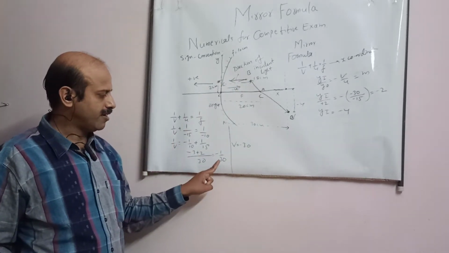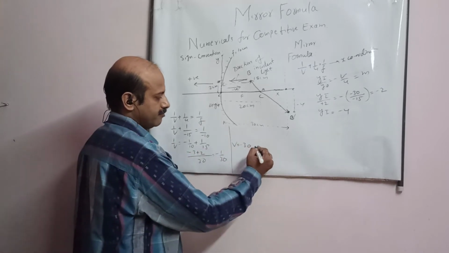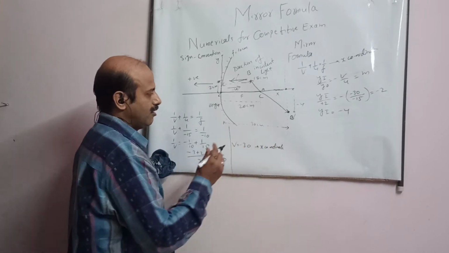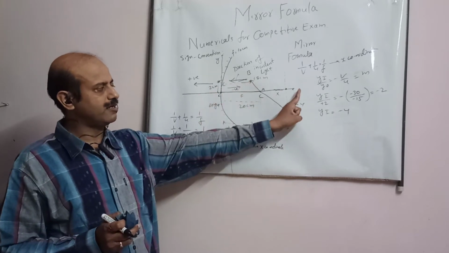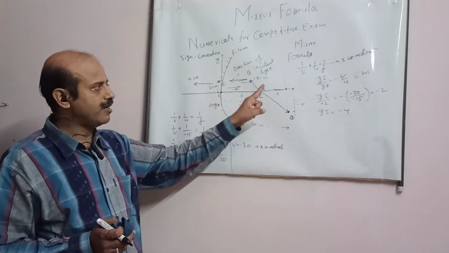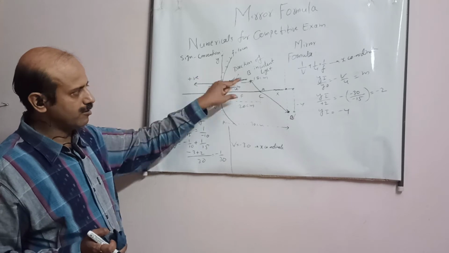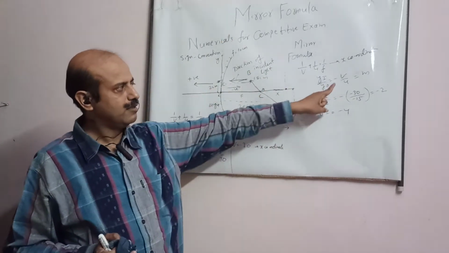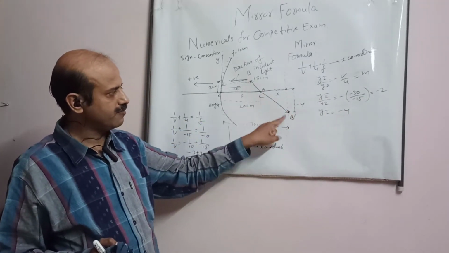I calculated V, minus 30. This is the x coordinate, student. Remember, this is the x coordinate. It means the x coordinate of the image of this point will be along this side, 30 centimeter. I have drawn a 30 centimeter line. Then I have to find out its y coordinate. This object is at y equal to 2. Here I have substituted plus 2, it is above the principal axis. Substitute the value, we get minus 4. So this is the point C where the image is formed, student.